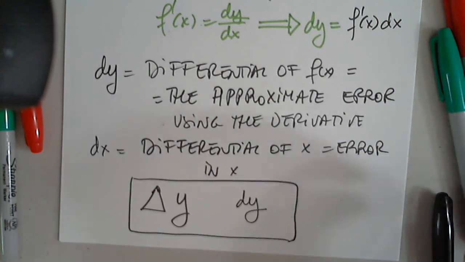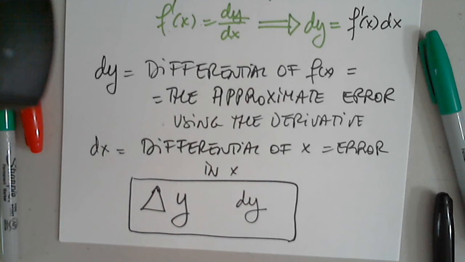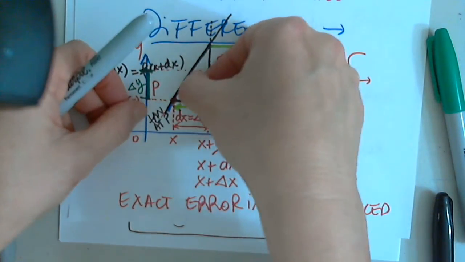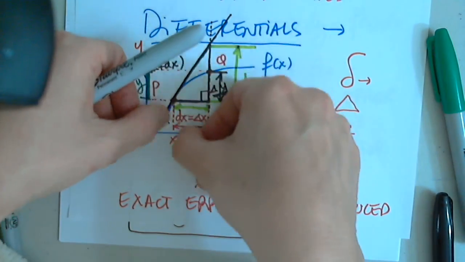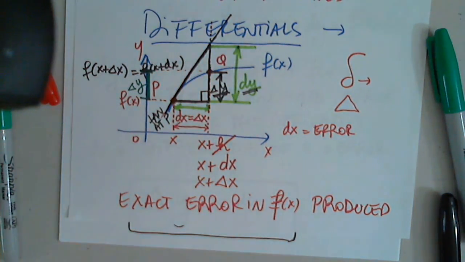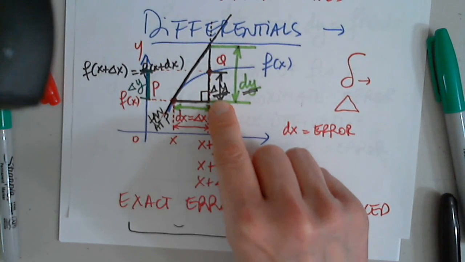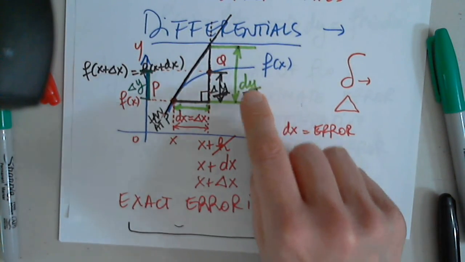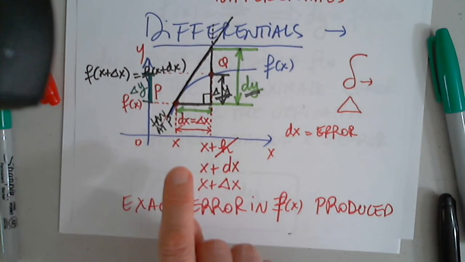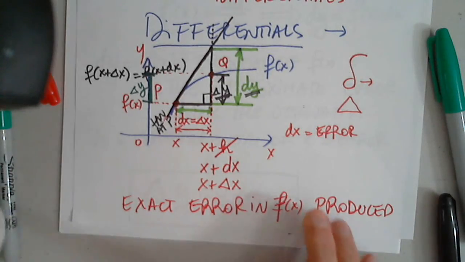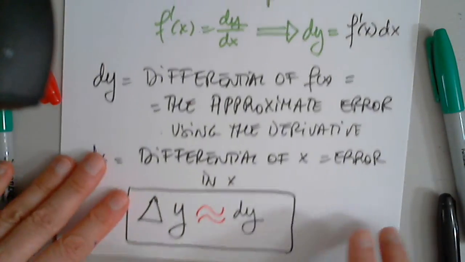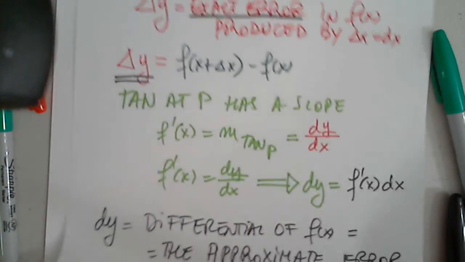What symbol? Is it delta y is less than dy? We don't know. Can you write the approximately symbol? Exactly, true. They have to be very close because this point is here and the delta x is very small. So delta y is the exact, and it can be approximated with dy as long as dx, delta x are small. Very good. Now, before we continue with the problem, to cement this concept,